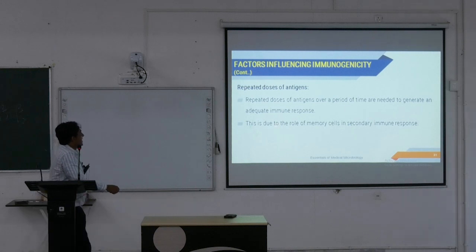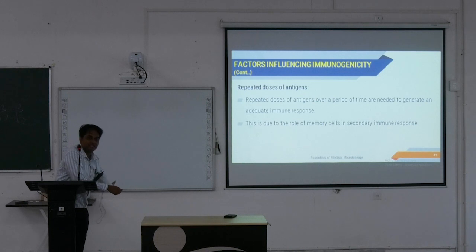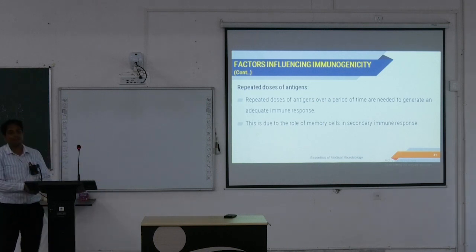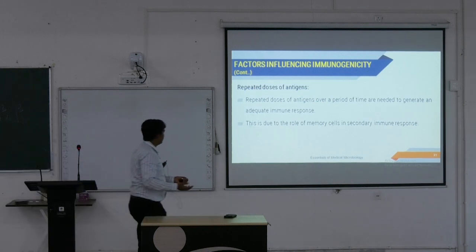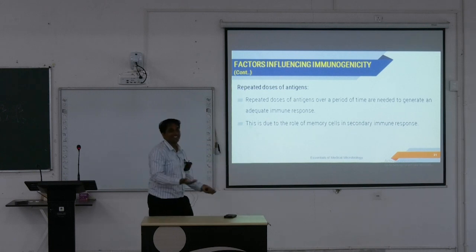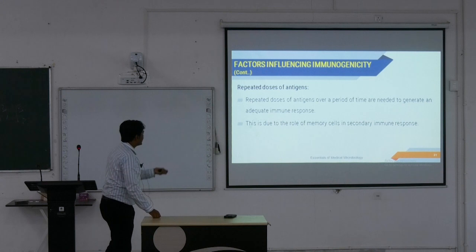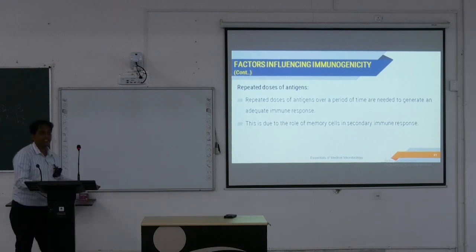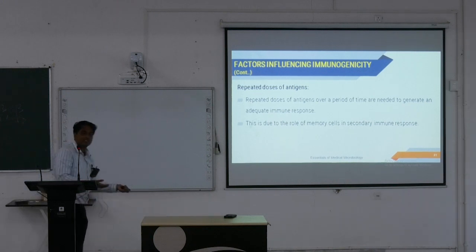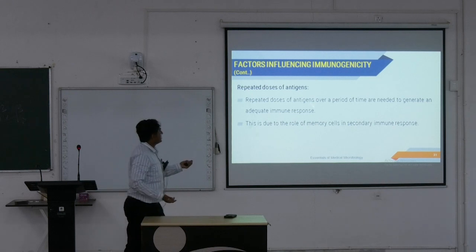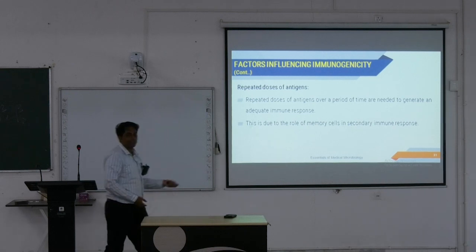গট ইট? চলো। অ্যান্ড দিস ইজ ডিউ টু দ্য রোল অফ মেমোরি সেলস ইন দ্য সেকেন্ডারি ইমিউন রেসপন্স। তুই একবার স্টিমুলেট করলি, মেয়েটার মাথায় থেকে গেল, ওর মেমোরি সেলসগুলো স্টিমুলেটেড হলো, তারপর আবার দিলি, সেকেন্ড টাইম আবার দিয়েছে। ডিউ টু সেকেন্ডারি ইমিউন রেসপন্স হচ্ছে, মেমোরি সেলসগুলো স্টিমুলেটেড হচ্ছে, সেই জন্য রিপিটেড ডোজেস অফ অ্যান্টিজেন দিলে ইমিউন রেসপন্স বেটার হচ্ছে।